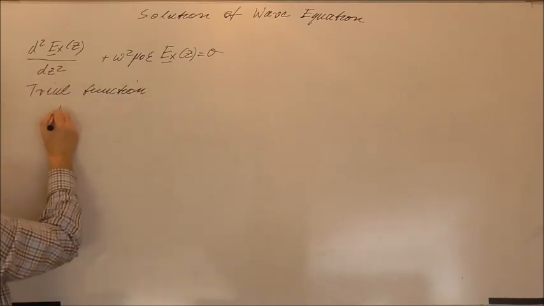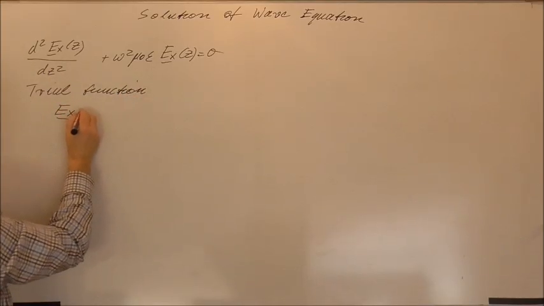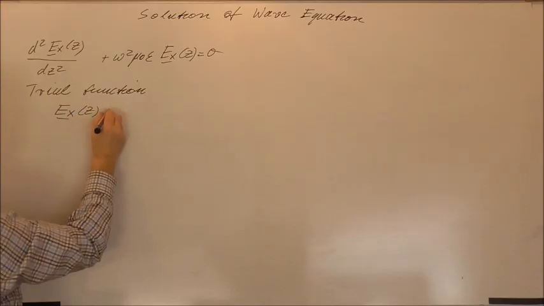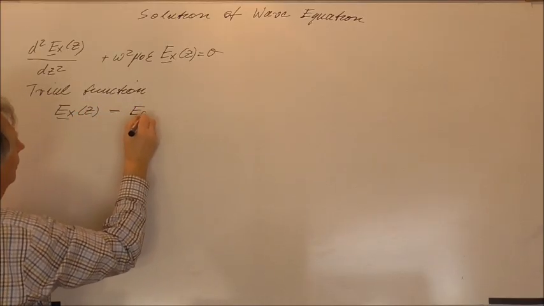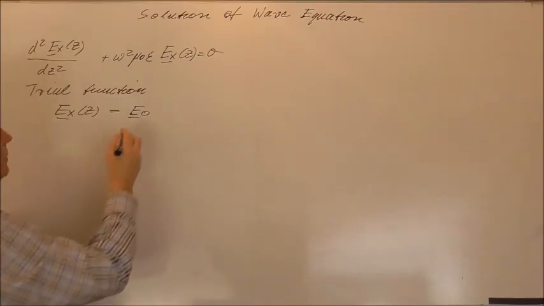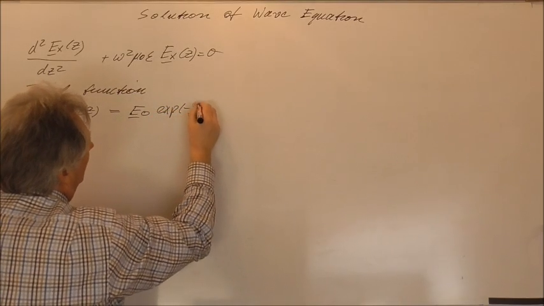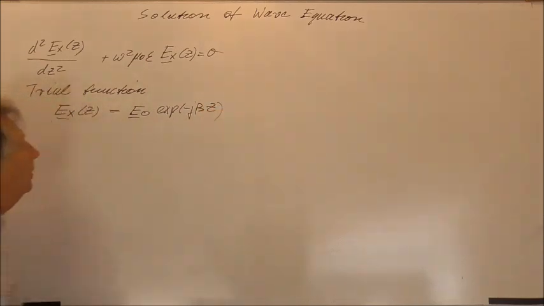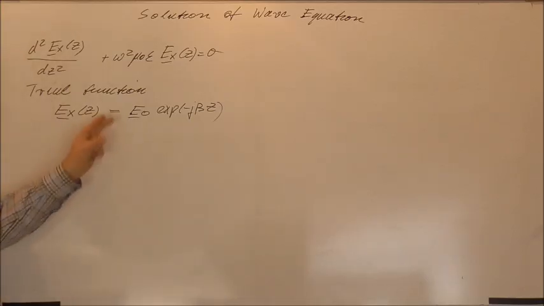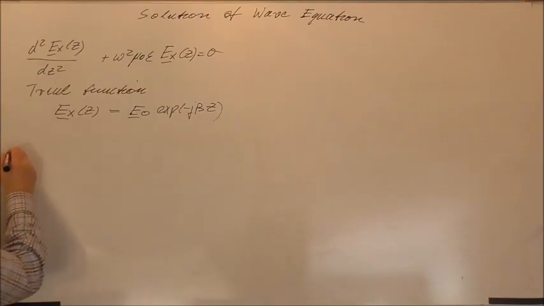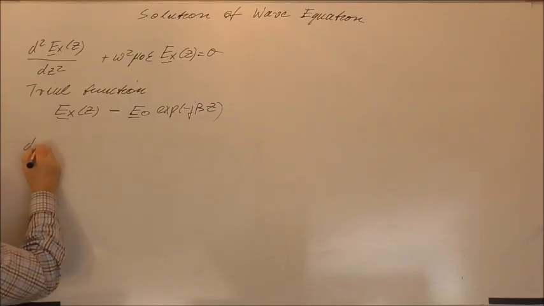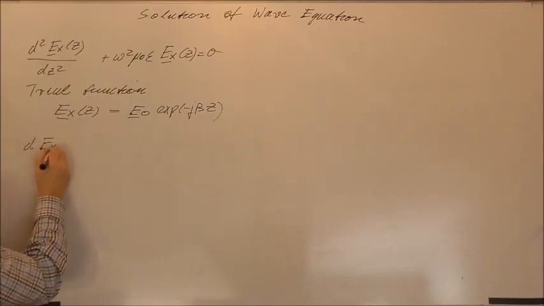that we assume that we can say Ex of z is somehow a constant, E naught I call, times the exponential function of minus j beta times z. And the nice thing of the exponential function is now its behavior if I consider the derivation with respect to z. So if I apply the derivation with respect to z to this function,